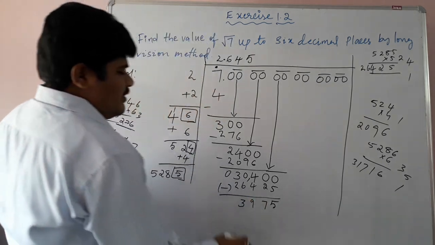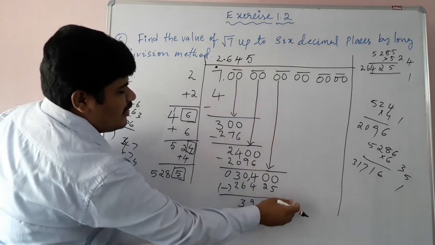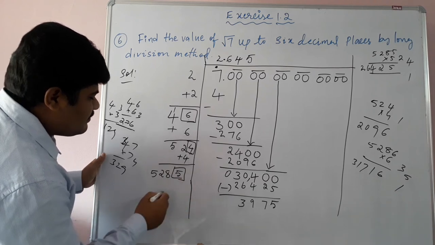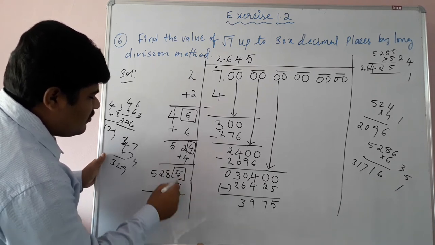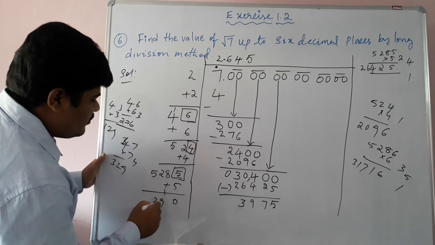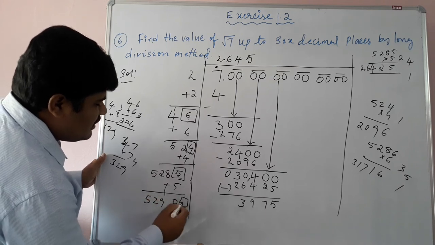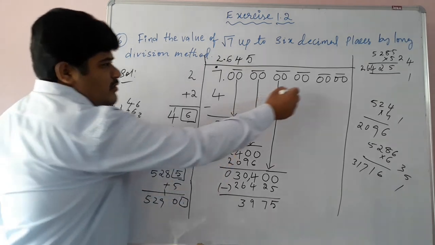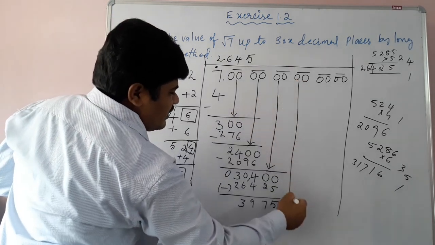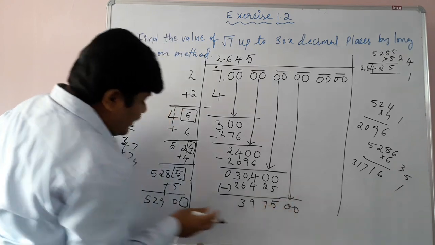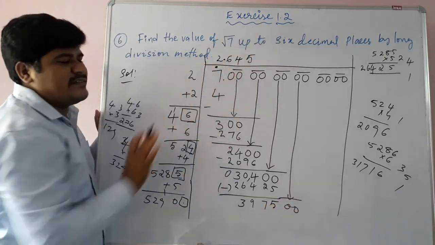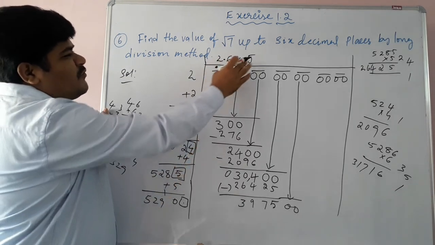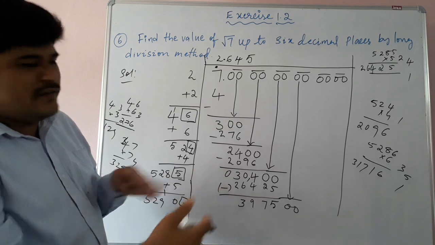So students, here one more pair of zeros we have to bring down, and before going to the next step, what will it become? It becomes plus 5. Okay, 5 plus 5 10, 9, 2, 5. We are searching for the units digit, right? So students, in this way, this pair of zeros we will take down. Okay, so in this way you can get the other 3 digits. Okay, so 2.645, again you will get 3 more digits in this process.